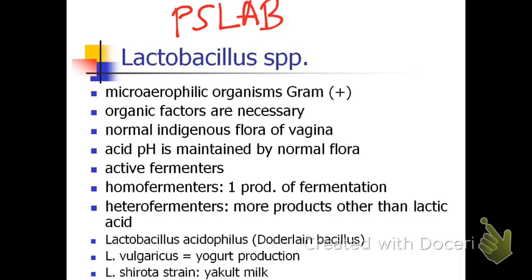there are some species of Lactobacillus that are considered normal indigenous flora of the vagina. Okay, the Doderlein's bacillus, or the Lactobacillus acidophilus. That's the reason why a while ago in the pap smear, if you have more of them, let's say you have +4 Lactobacillus, the score would be 0, if you remember that previous slide. So, the acid pH is maintained by normal flora, and they are active fermenters. So, that's the reason why they are very useful in the